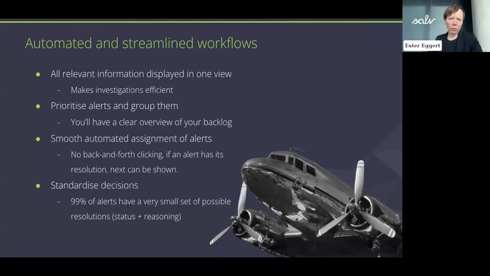And finally, there are the streamlined workflows. Why it wasn't mentioned before is that by the point where you get to the actual investigation, the friction is already created. So a transaction is likely stuck somewhere, or a customer onboarding is stuck if we talk about KYC screening. But after that, there is the following step: how do you streamline your workflows? This isn't a topic for this webinar really, but I did want to mention it briefly because